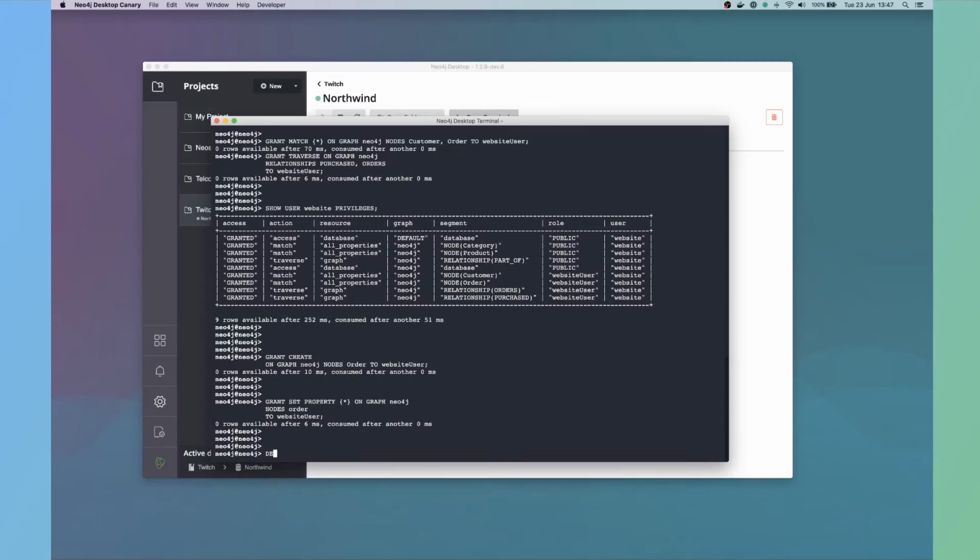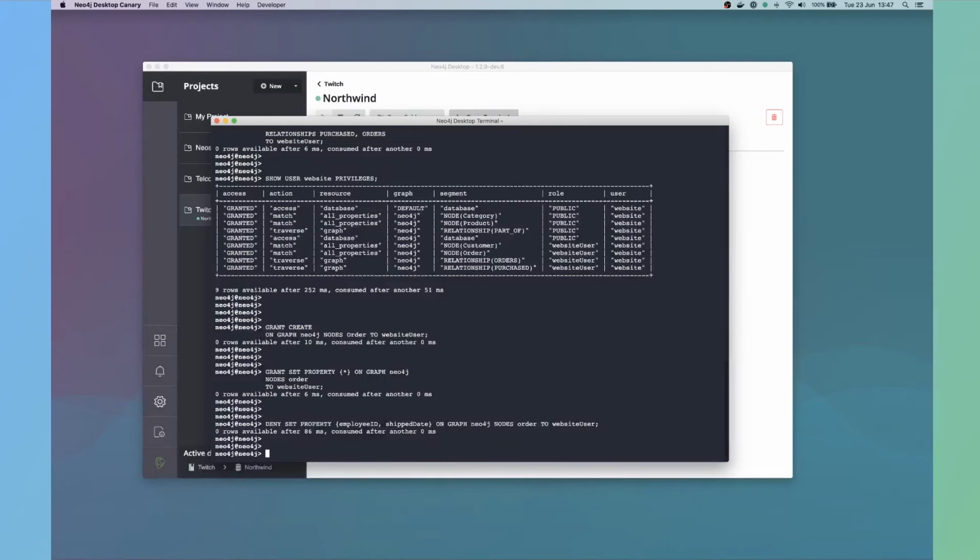And then we can deny the set of the properties of employee ID and ship date on graph Neo4j, nodes order to website user. Then if I check the privileges again,